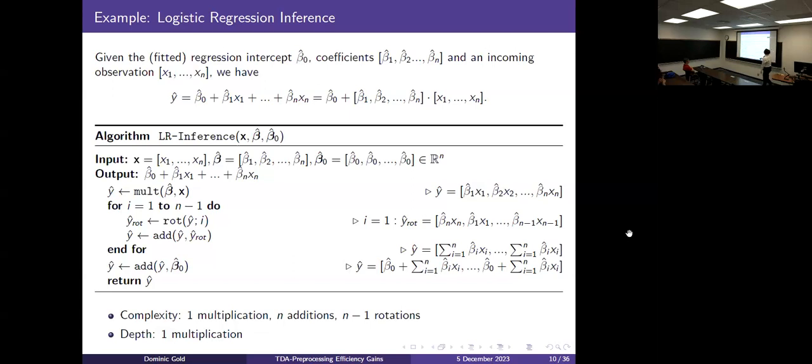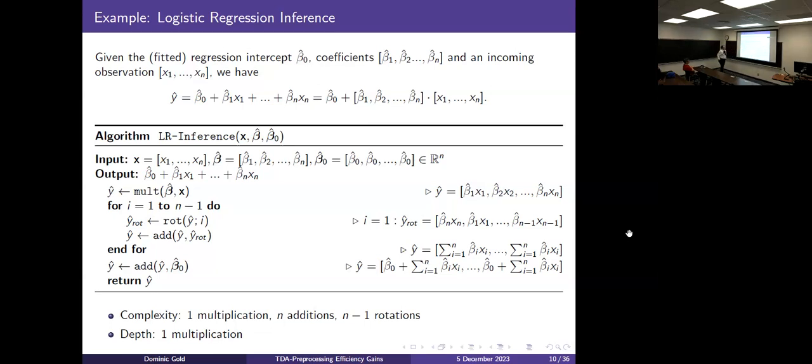So let's imagine that you have a trained model already. That means the server has a model that was somehow learned in the past. And to learn a linear or logistic regression, or any regression, that means effectively you know the weight coefficients, right? You know the weight vector. So those betas are our weights or coefficients of the regression. And then an incoming observation is this vector x1 to xn, right? Well, then this is your box standard logistic regression, but that can be realized as basically the dot product between these two vectors and then the addition of the intercept.